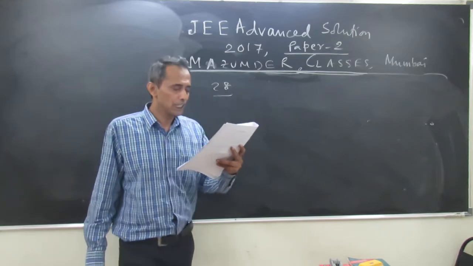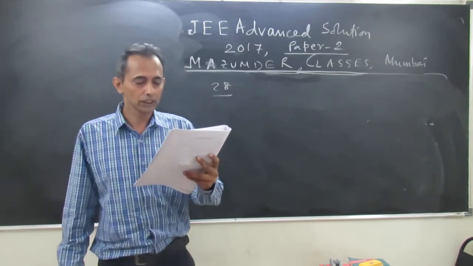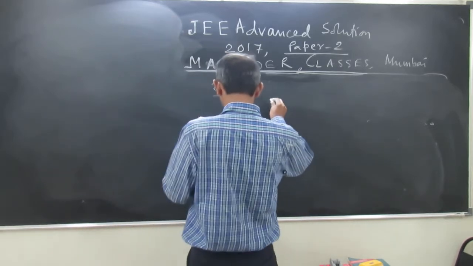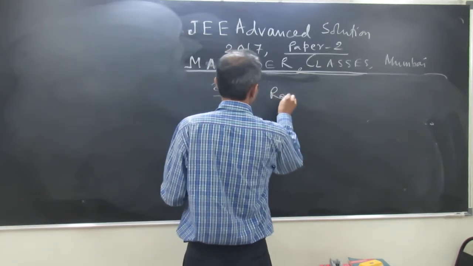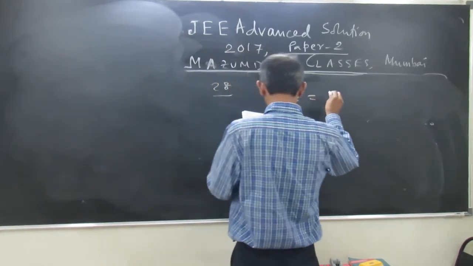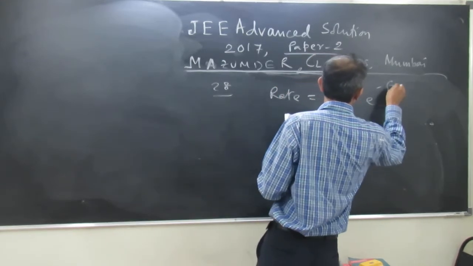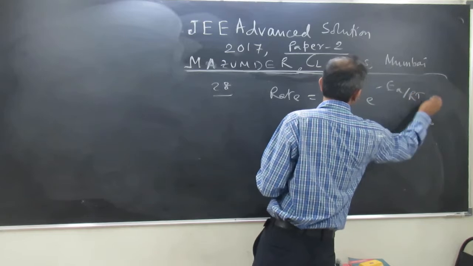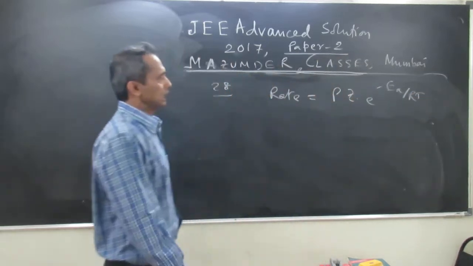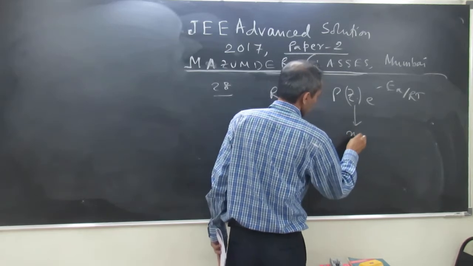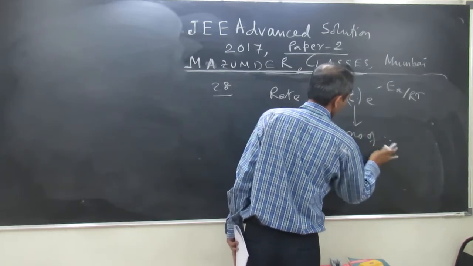Just for example, in a bimolecular reaction, the steric factor P was experimentally determined to be 4.5. What is P basically? We know that rate is equal to, if you see the NCERT you also get, P into Z into e to the power minus Ea by RT. This Z is the number of binary collisions,